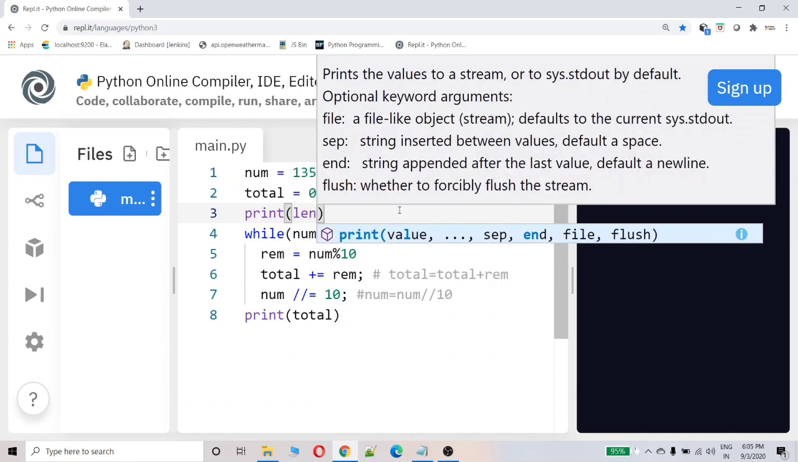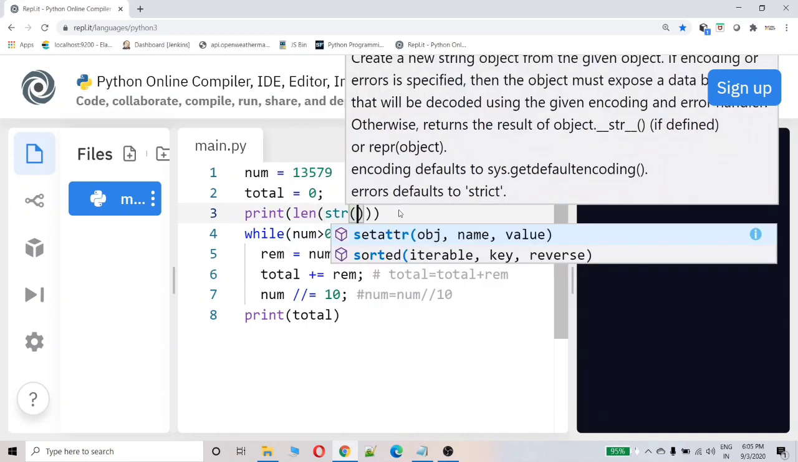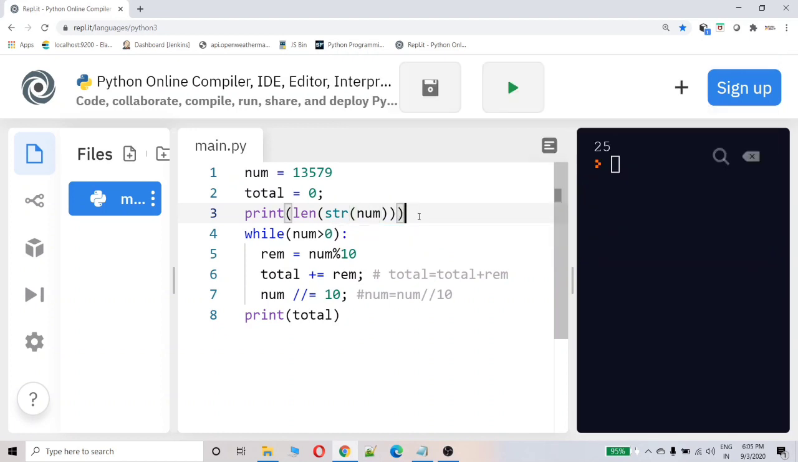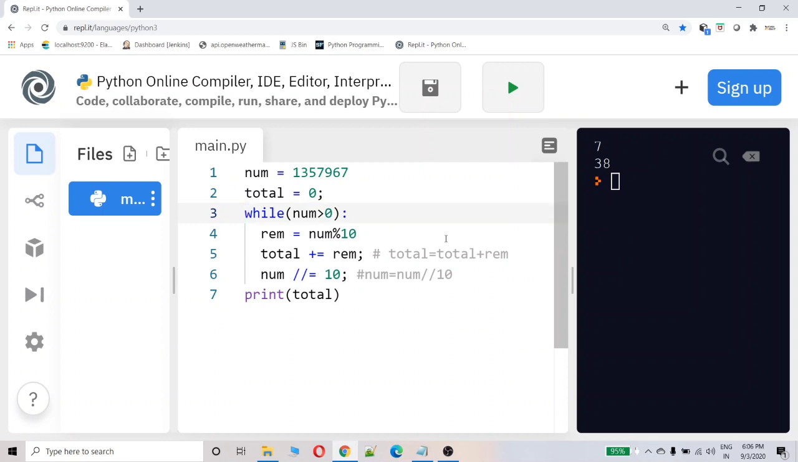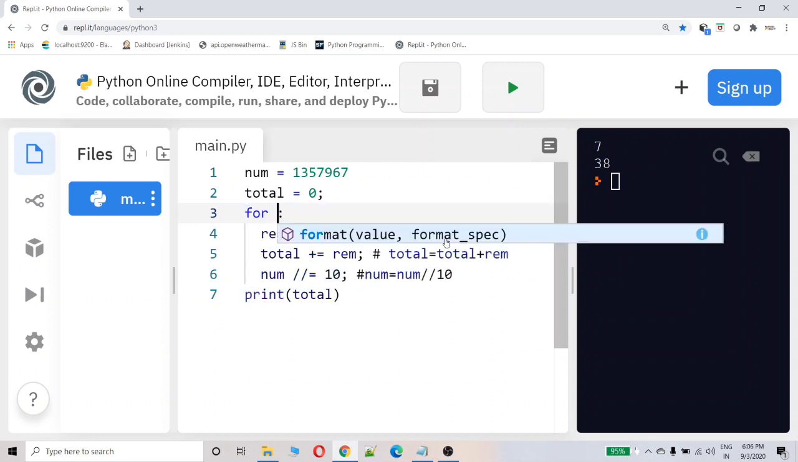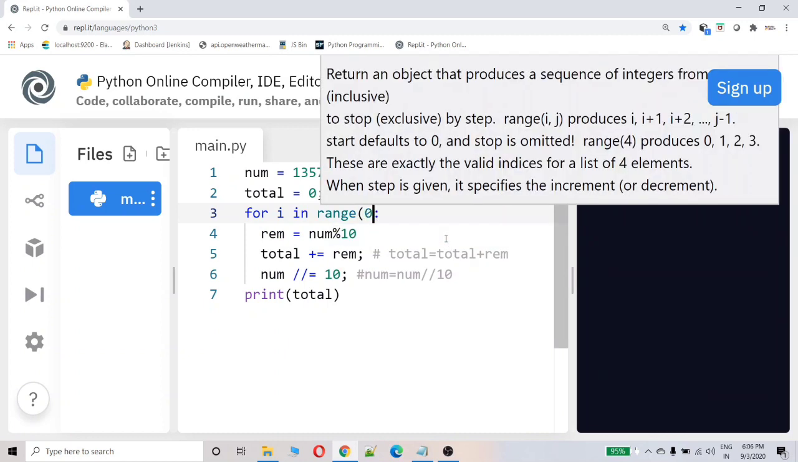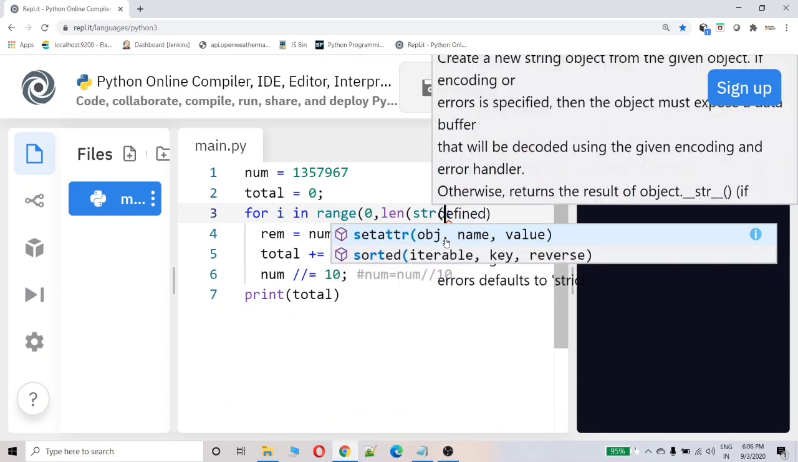Print length of number. So there are 5, this is a 5-digit number, that is what it is printing here. Okay, now we will use this logic. For i in range 0, the str of